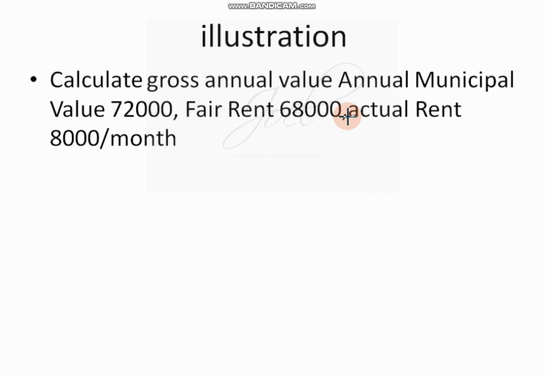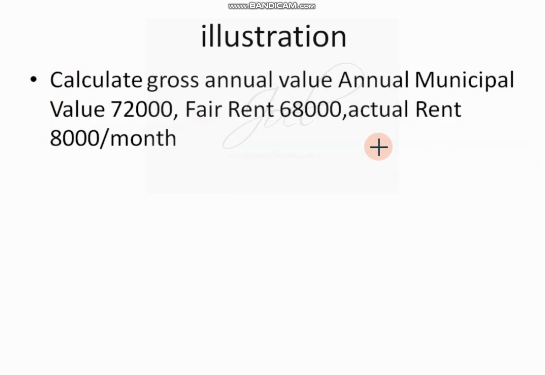To calculate gross annual value, what information we need, that we have to see first. We need municipal value, fair rental value, standard rent and rent received. Whether that information is available here, we have to see in the next step. We have some of the information, not all. Municipal value is given, fair rent is given, actual rent is given. In this problem standard rent is not there, so no problem, we'll leave it blank. So roughly we'll calculate the amount.